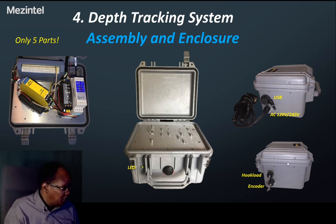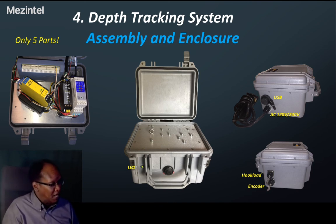depth tracking system hardware. In our next presentation, I'm going to show the software that works with the system,